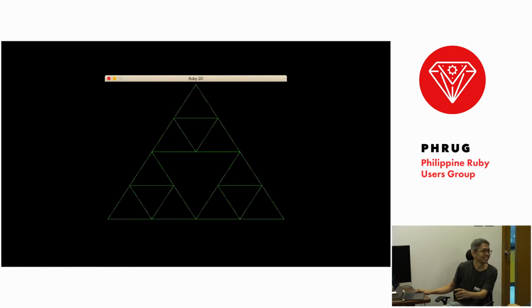Any guess what this is? Math nerds. How many triangles? Yes, it's a Sierpinski triangle. So just a bit of a story. This is what got me into programming